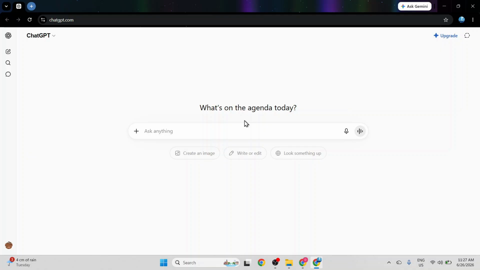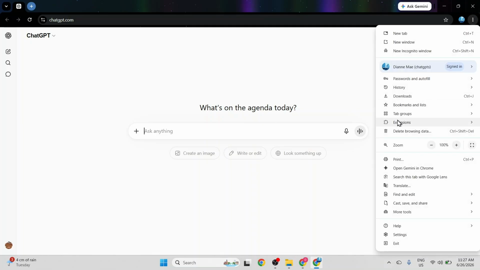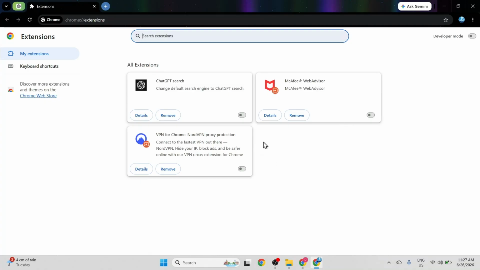Another potential cause for login errors can be conflicting browser extensions. So, I click those 3 vertical dots again, hover over Extensions, and click on Manage Extensions. This opens my extensions page. Here, I take a quick look at my installed extensions. Sometimes active VPNs, ad blockers, or specific privacy tools can interfere with ChatGPT's login process. If you notice anything suspicious, you can disable it here. Everything looks fine on my end, so I'll close this